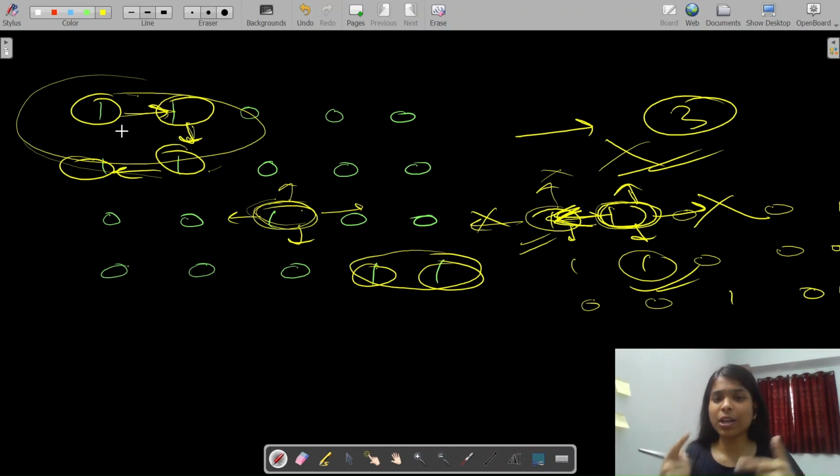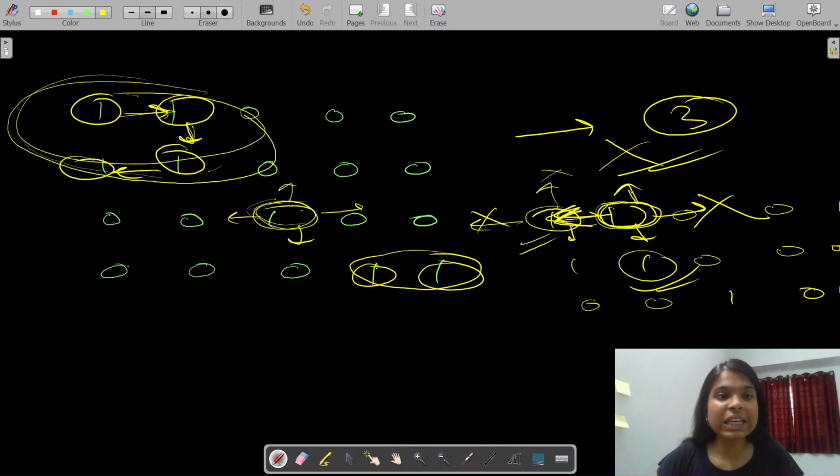So are you getting some idea? See, it is a connected component of lands. So what is an island? An island is a connected component of lands. Now from the connected components, most of you have got the idea that what we need to do here is find the number of connected components in this grid.